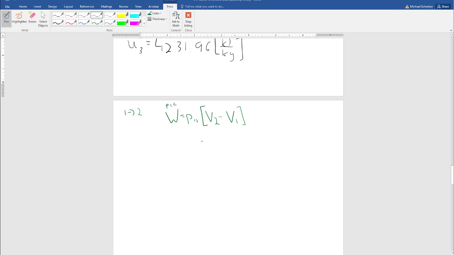Right? Here, what we could do, we could do this either way. We could also say pressure from 1 to 2 times the mass times the specific volume at 2 minus the specific volume at 1. But I'm going to go this way. Either way should give you the same answer. So this is going to be